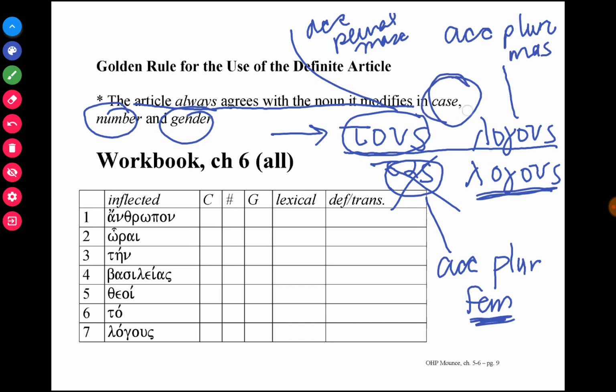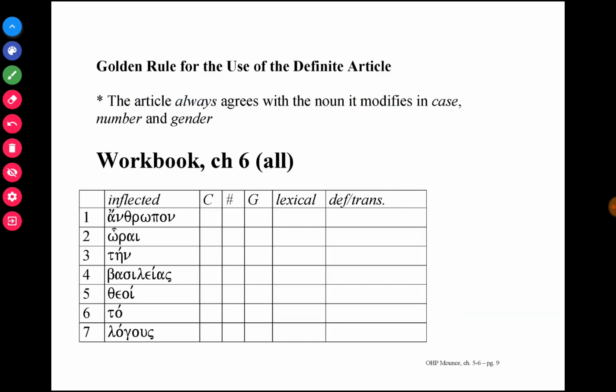The case has to be the same, the number has to be the same, singular or plural, and the gender has to be the same. You have to use the right definite article with the right noun. So having said that, that concludes the grammar for the